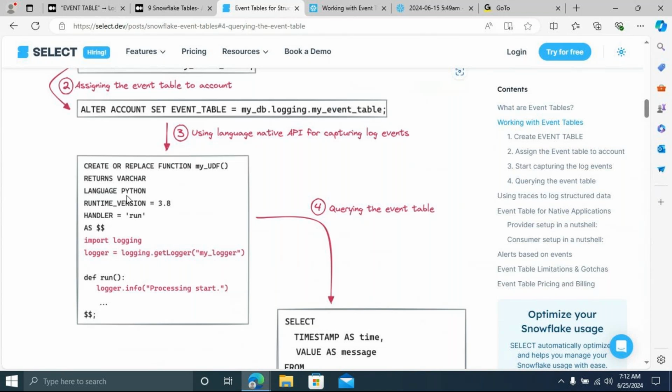You write the business logic in the user defined function.